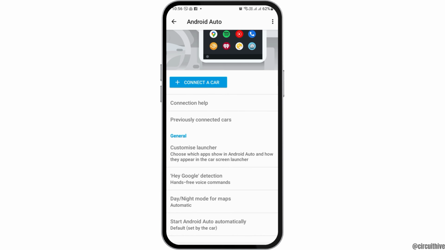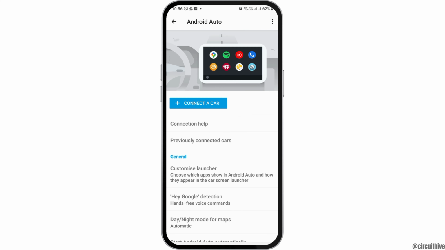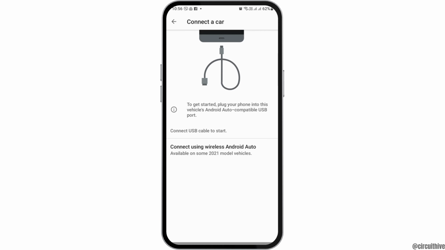Now from here, we can go to the option of connect a car and then tap on the option of connect a car, and we can connect it with the help of a USB there. We can connect to our car like this, and we can connect it through a USB cable to start it, and this way our problem will be